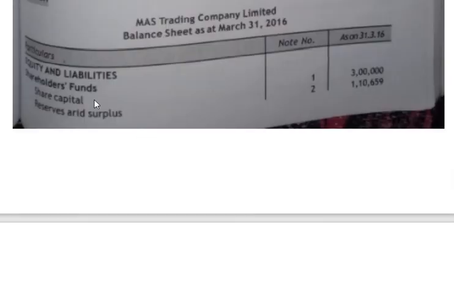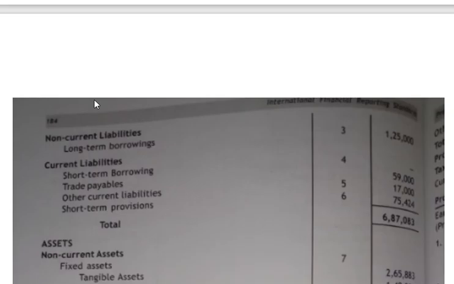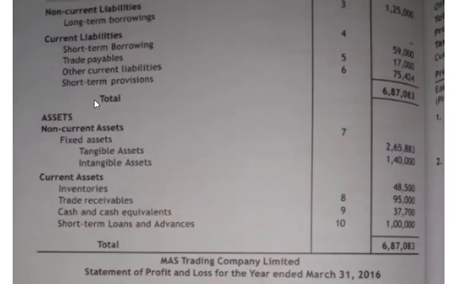Under equity and liability, you have your shareholders fund, share capital, working note number 1, 3 lakh, reserves and surplus working note number 2, 1,10,659, non-current liabilities working note number 3, 1,25,000, current liability you have your short-term borrowings working note number 4, nothing